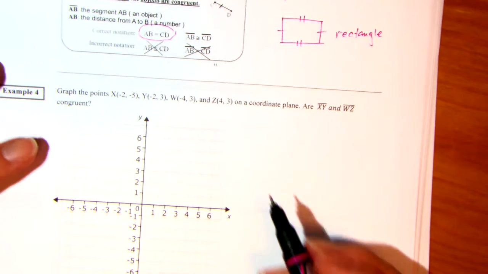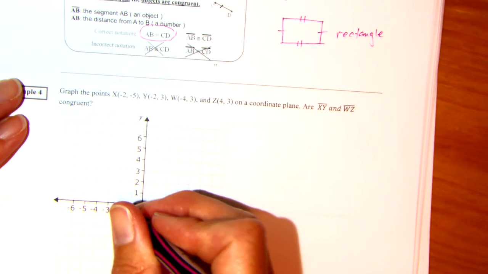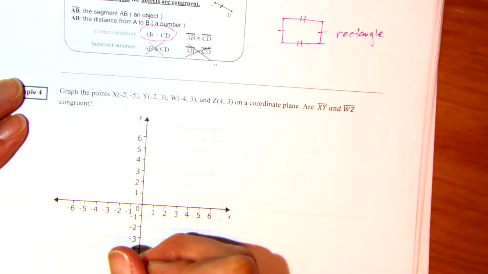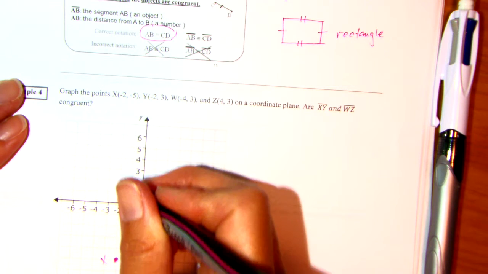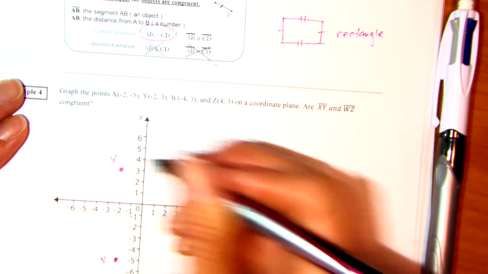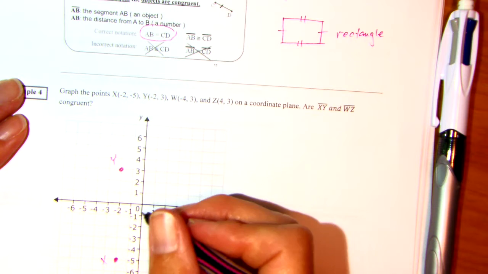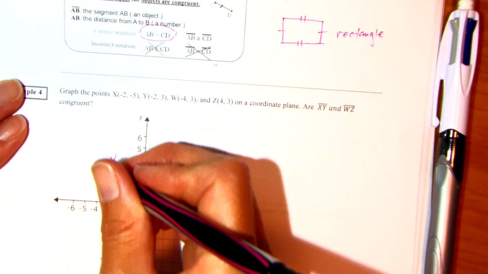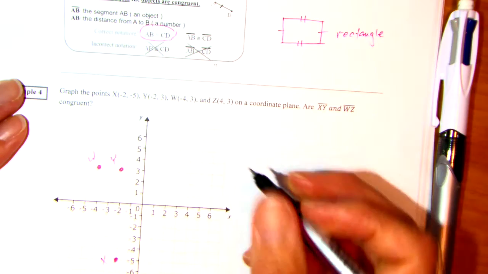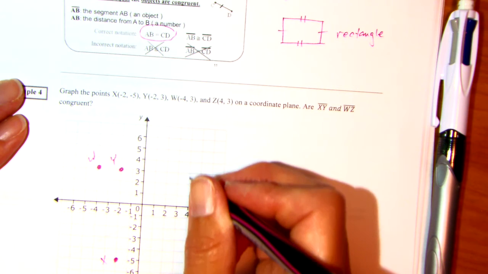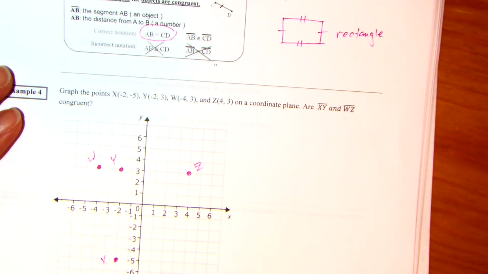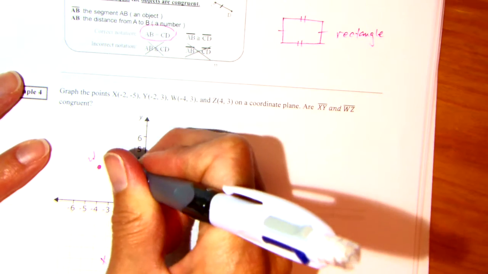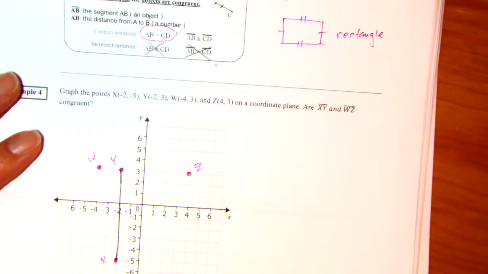All right. Plot these 4 points. -2, -5. Label that x. -2, 3. Label that y. -4, 3. We're going to label that w. And 4, 3, we're going to label that z. So they want to know on the coordinate plane are xy, this segment, congruent to wz,